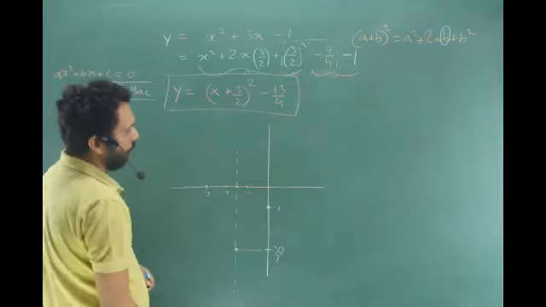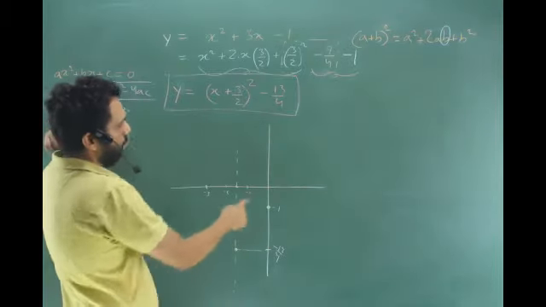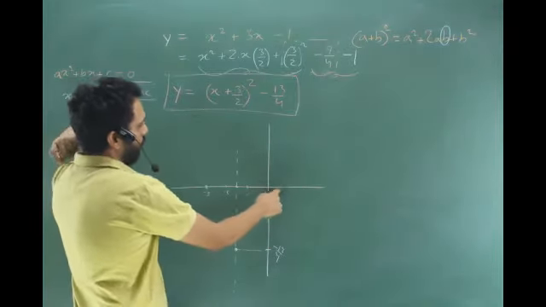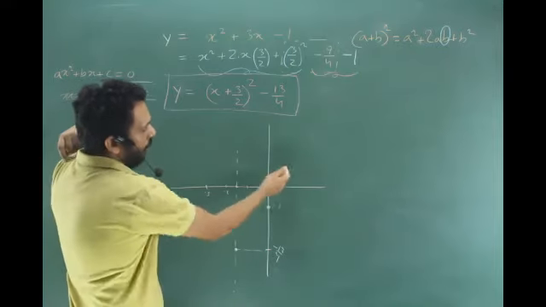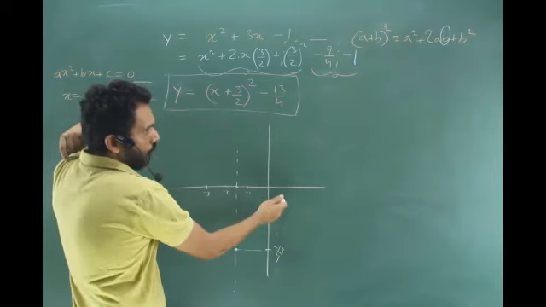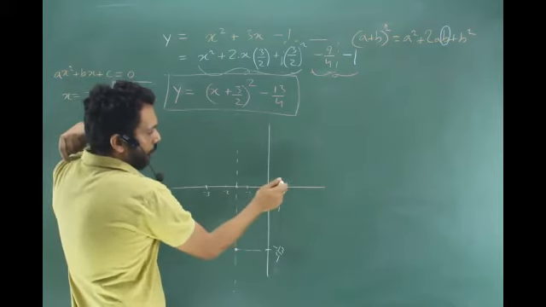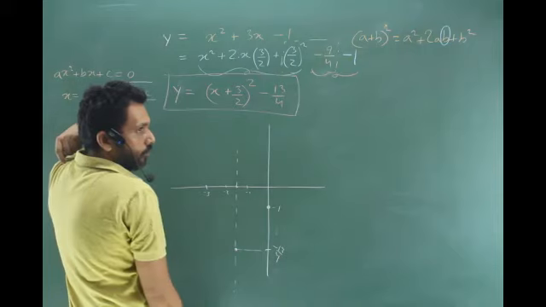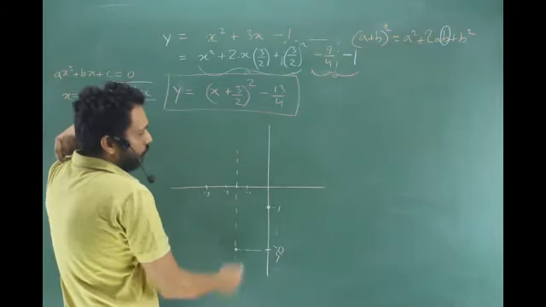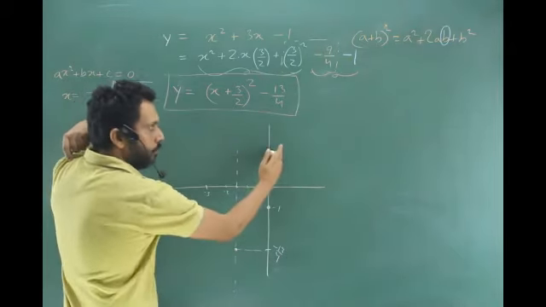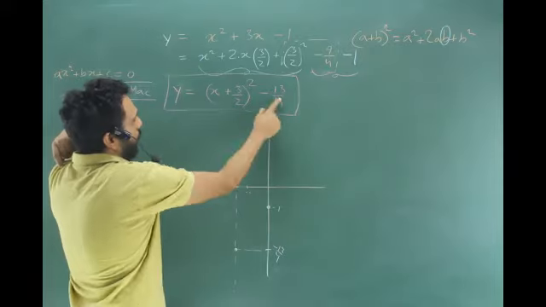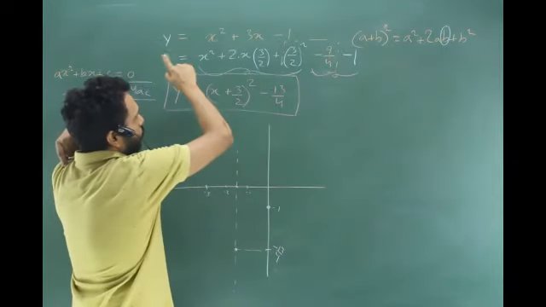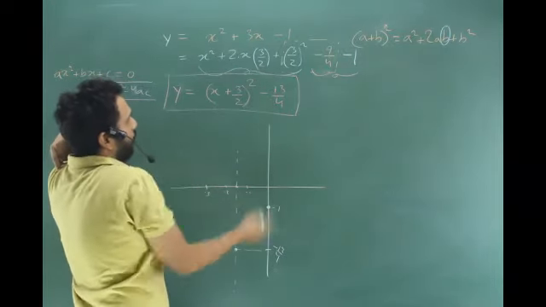I can do a rough calculation without actually going for the actual point. I'll say at x is equal to 1, let me find out the y. What do you think? Will it be high or low? It will be high, I think. So you put x equal to 1, what do you get? You can put it here also, but that is messy calculation. This is easy calculation, so 3. Easy calculation is what we are doing.